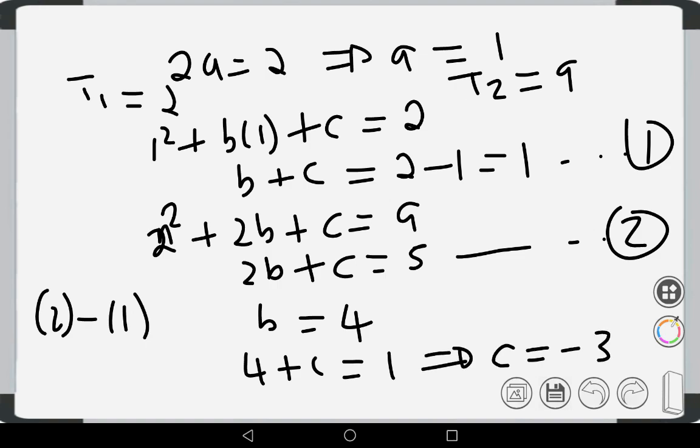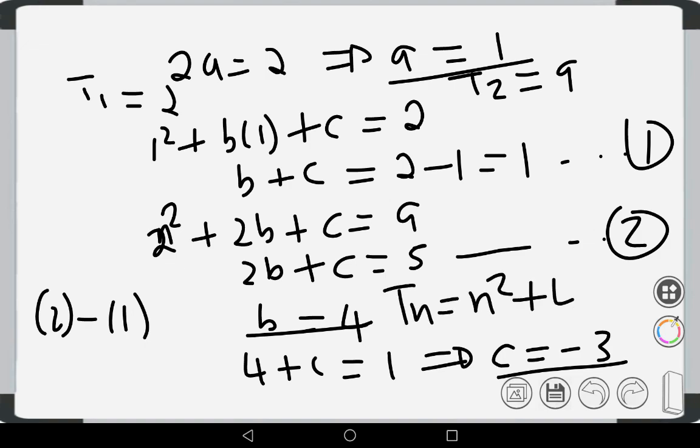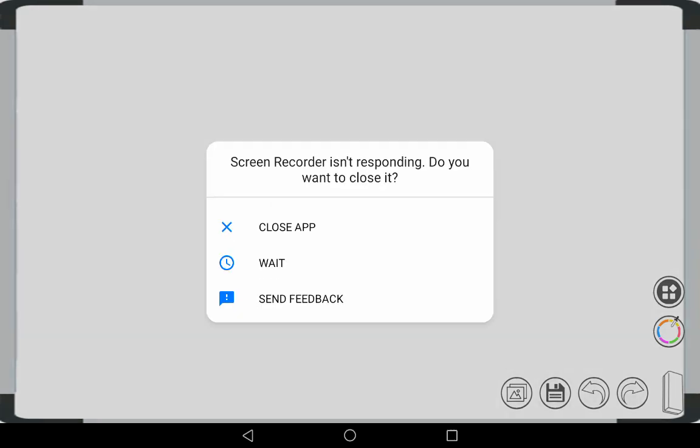Now we have the values of a, b and c, which means our general formula Tn is n squared plus 4n minus 3, the same as with the simple method. So you can choose which method suits you. After that we have to go to geometric